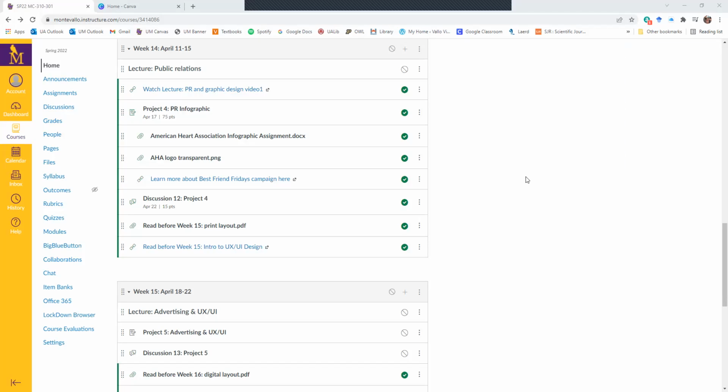We are talking about public relations this week, and as we discussed in our first lecture video, one of the key elements to create in public relations is an infographic. Now, an infographic is the visual demonstration of facts that really helps the public and the media to identify information quickly. And so I wanted to go ahead and show you how I might do a design in Canva for